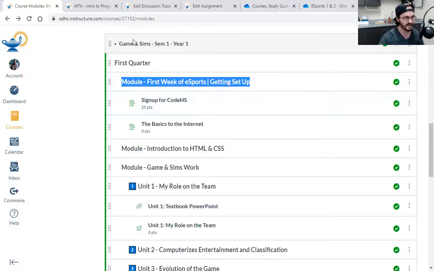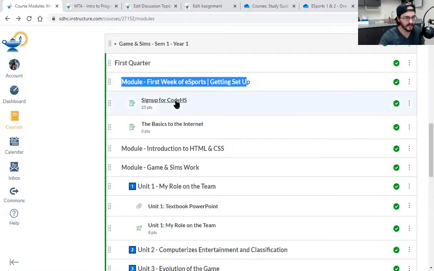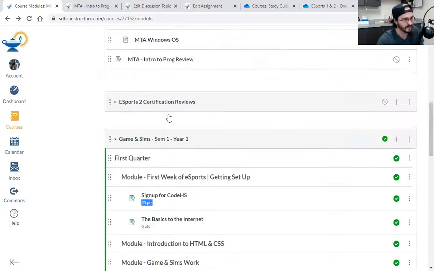That module will be here, then it'll just be indented. Just think of it as a tree, right? What do you want to be a parent and what do you want to be a child? If the parent is the module first week, then all the children should be all the assignments and things I do during that first week, right? So sign up and the basics here are the children of this module. So if this is indented once, then this is indented twice, right? So this is like first generation parents, second generation is the children. Think of it that way, okay?